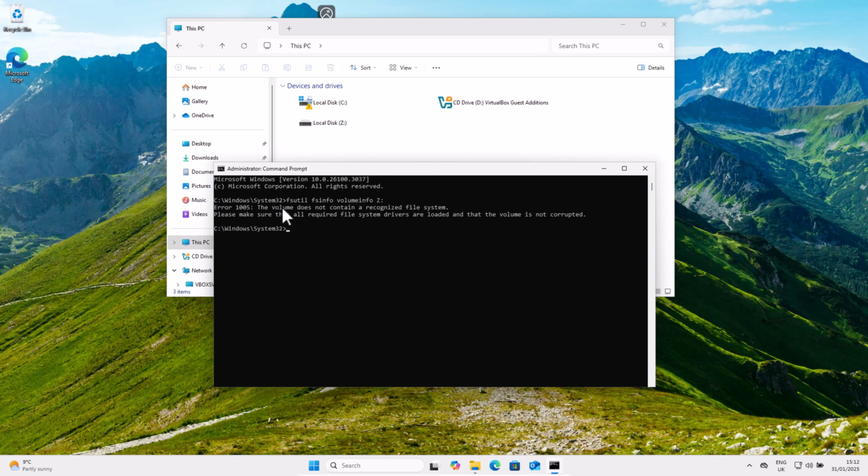and hit enter. And as you can see here, we got this error 1005: the volume does not contain a recognized file system. This means that this particular disk is not formatted and it needs to be formatted with some particular file system that it can use. However, if we now check our local disk C, which is 100% formatted,